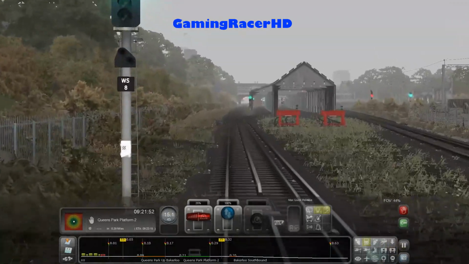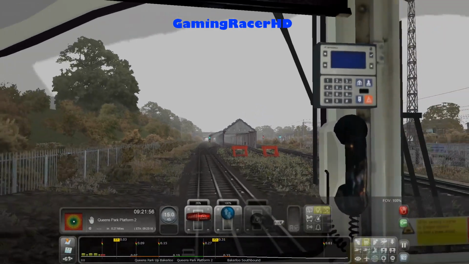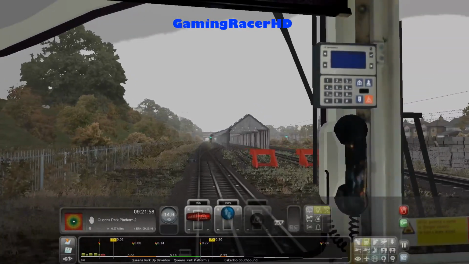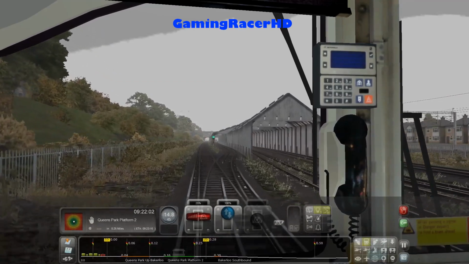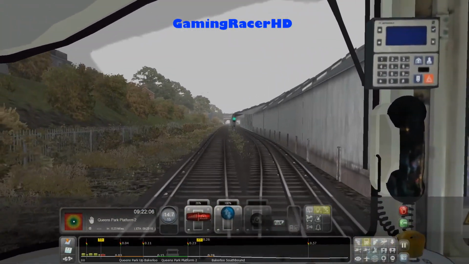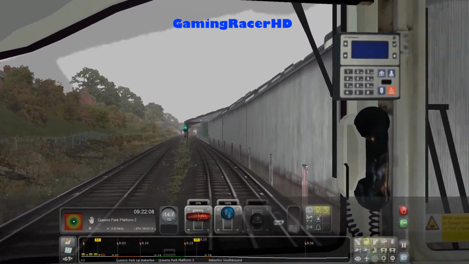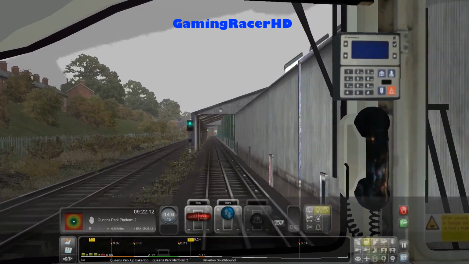Sometimes you do see Bakerloo line trains in the middle down here, waiting for the departure towards Elephant and Castle. And the train does get held up here quite often, because you might have another Bakerloo line train ahead of this train going towards Elephant and Castle before your train, so